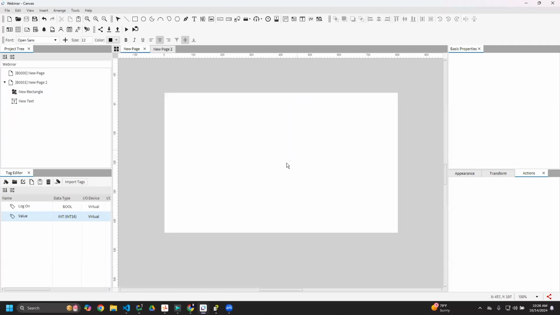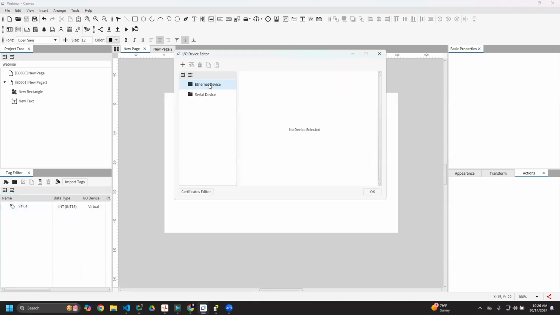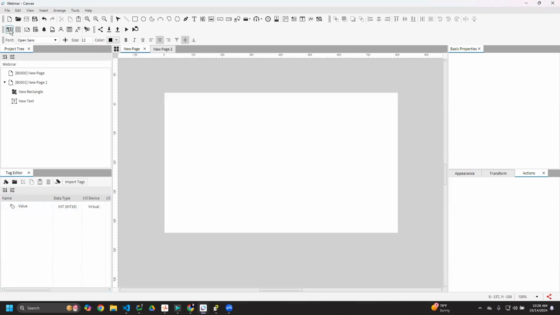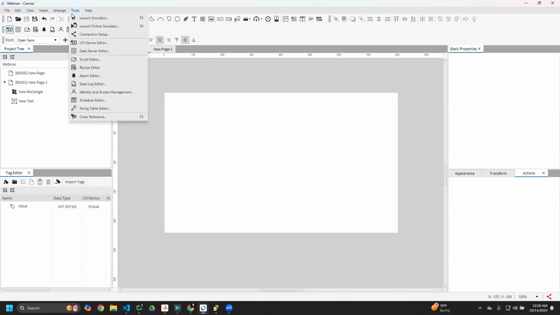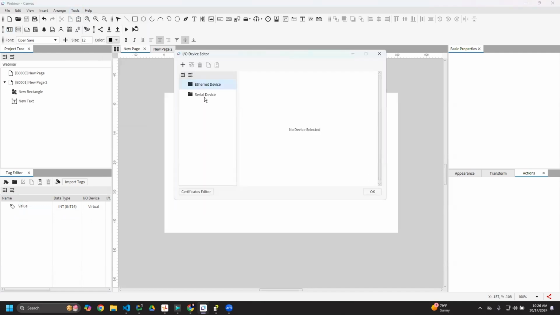But to create a new script, or not new script, to interface with a CIMON PLC, for example, all we have to do is go to this icon here, the IO device editor, or we can go to Tools and then IO device editor. We have serial communication as well as Ethernet communication. If we create a new Ethernet device, we can name it PLCS